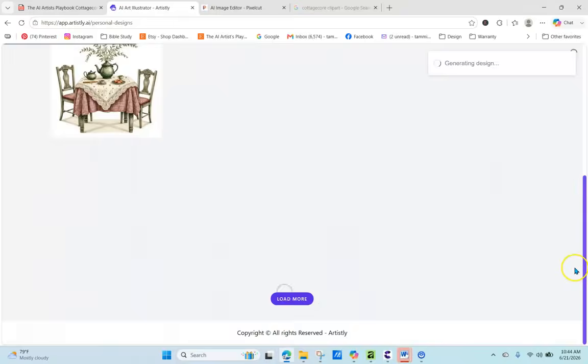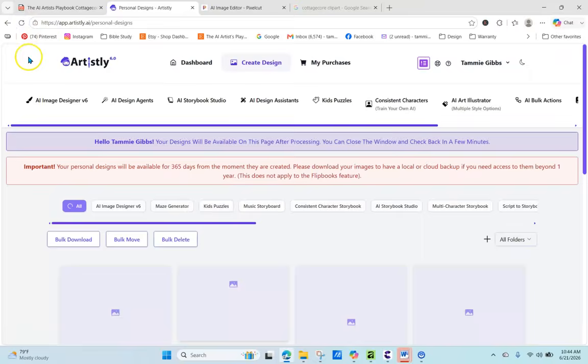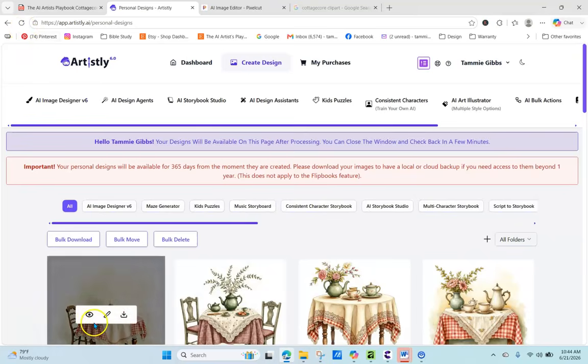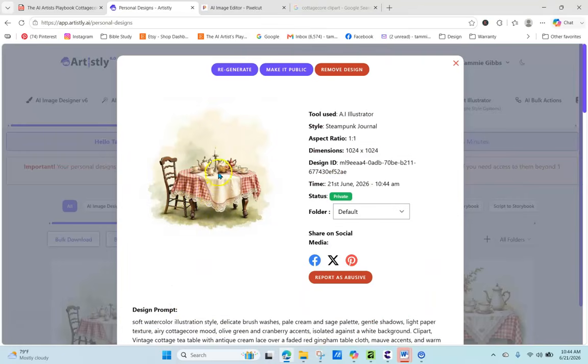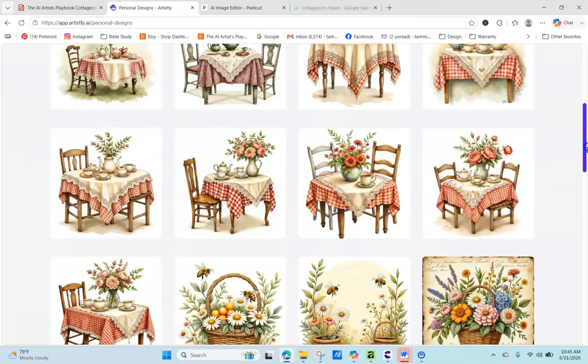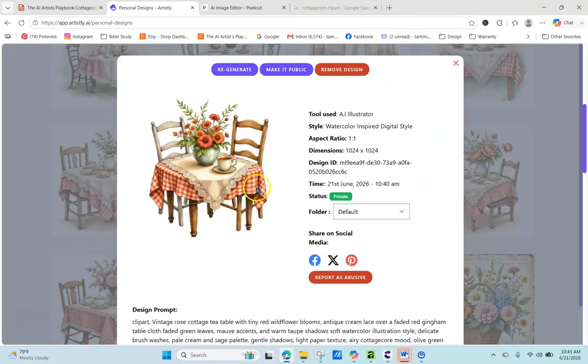the Steampunk Journal. There we go. Alright, so Steampunk Journal actually did remove, it put a candle there, and there might be a little tiny flower here, but it did for the most part remove the other, but we still have our lace, and then our table cover with all of that was right. So you just have to play around with that part of it. But as far as getting what we wanted, as far as adding in these gingham